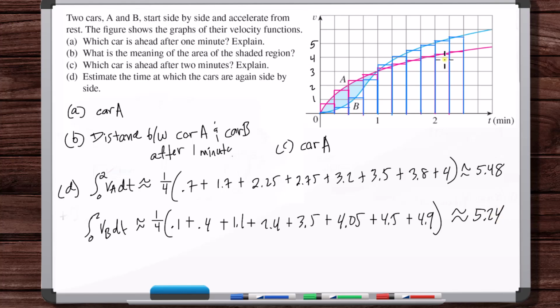So it's pretty close, but it'll go a little bit past 2 minutes. So if we're using the midpoint rule, it looks like they'll meet up somewhere within this interval from 2 to 2.25 minutes. And we can figure this out by, so we've got 5.48. So for car A, 5.48 is the distance traveled in some unit. And then we're adding to that. So car A is in pink. We're adding to that 4.2